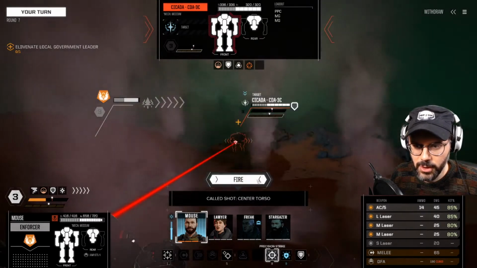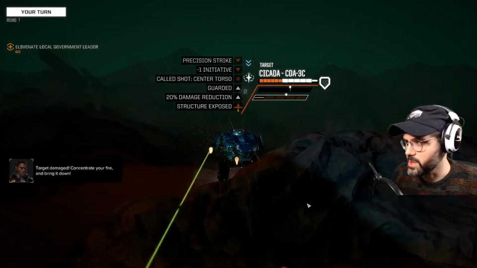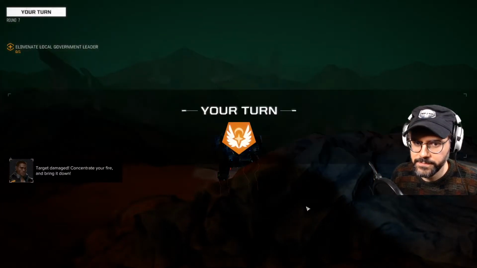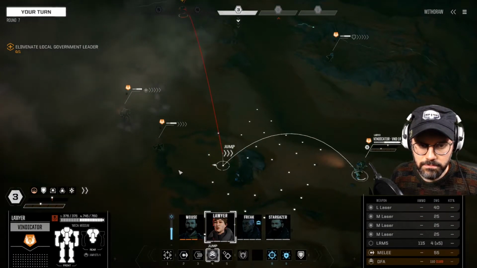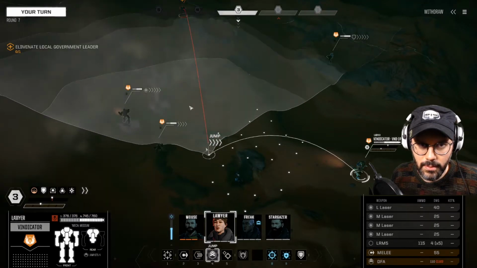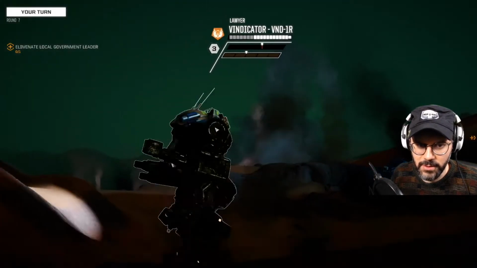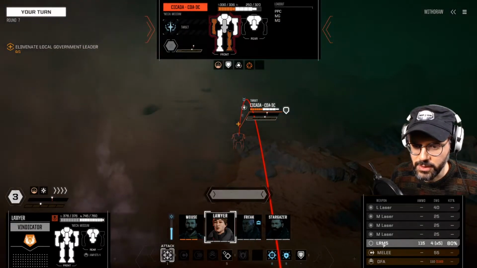This thing doesn't have a lot of armor. Engaging target. Target damaged. Fortunately, we missed kind of badly there. Okay, Lawyer. Standing by. Lawyer's not likely going to get line of sight. We can get in there and get that LRM-5 going. So there'll be some damage coming out here. Not necessarily great damage, but...